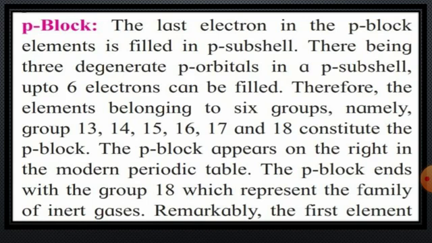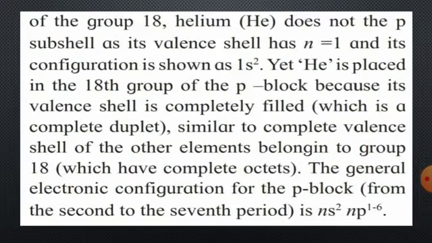On the extreme right-hand side of the modern periodic table, the p block ends with group 18, which is a family of inert gases. As we know, group 18 elements are known as inert gases, noble gases or zero group elements. So here, the first element of group 18, helium,